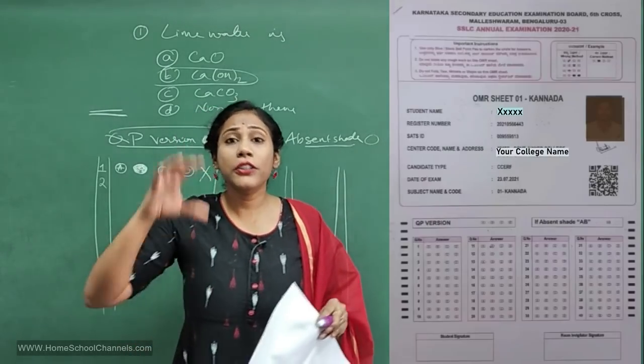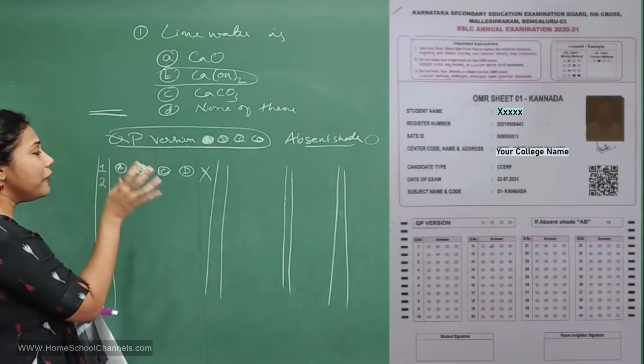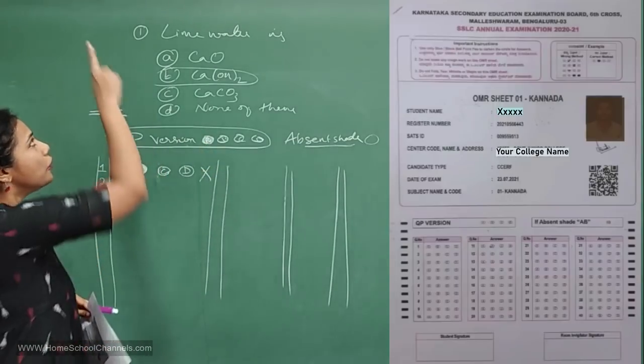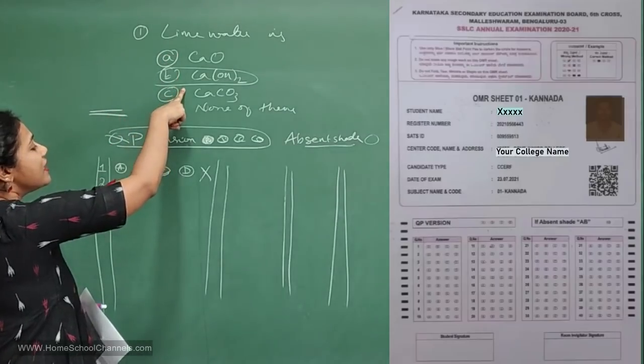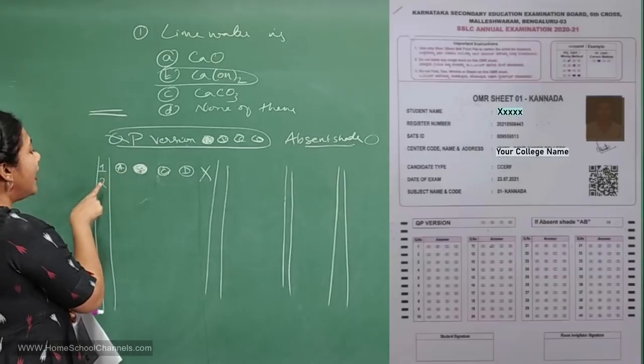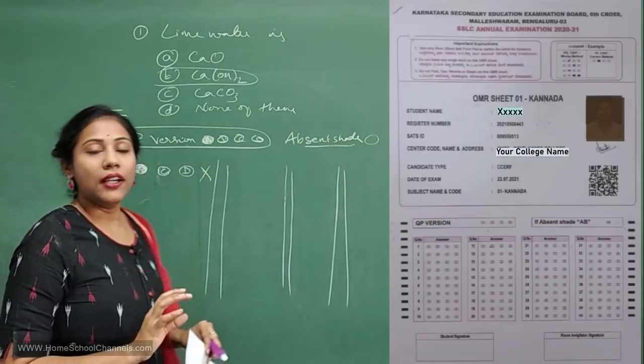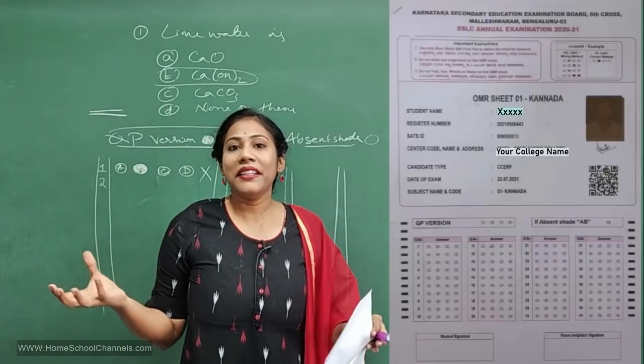And you know, don't be in a hurry to shade the circles carefully. You have to think and then circle. See, go for the first question, select the answer, then finish shading the first question, right? And later go for the second question, right? This is the way you have to follow, right? So no need to panic here.